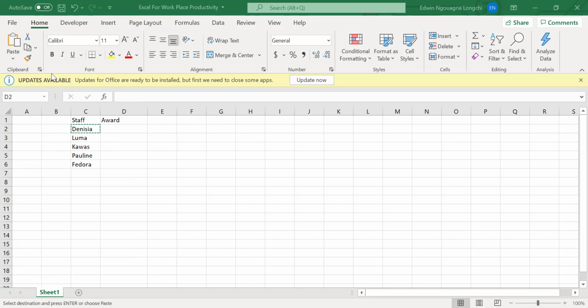So the next thing we see here is cut. Instead of copying this, if you want to remove this data from here, you can just highlight it and then take cut. Excel tells you the shortcut, Control X. So if I click on this particular data and press Control X, it's gone, right?